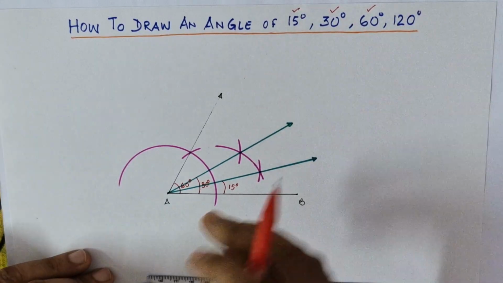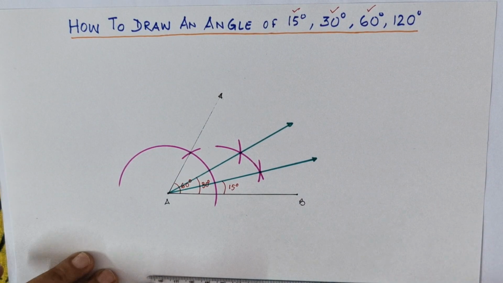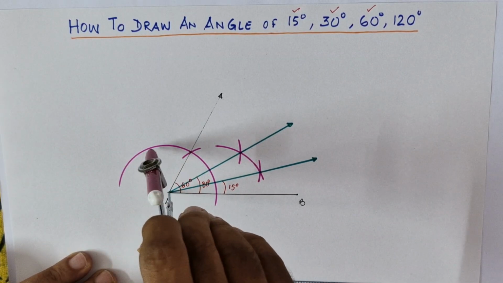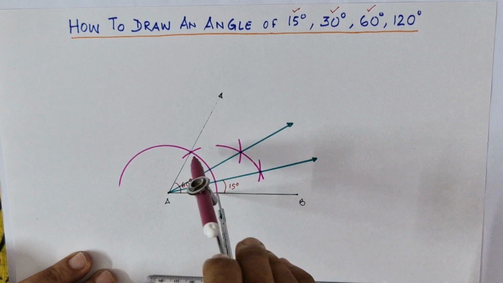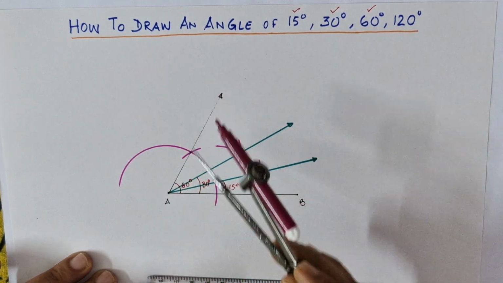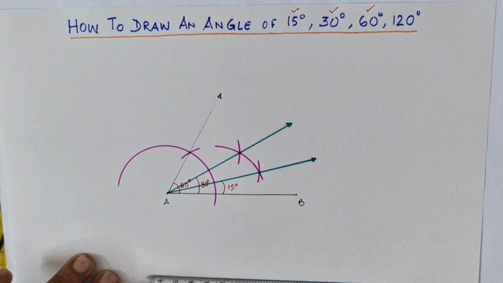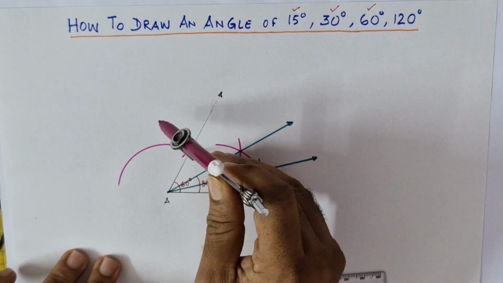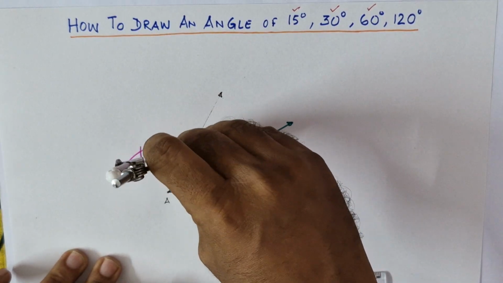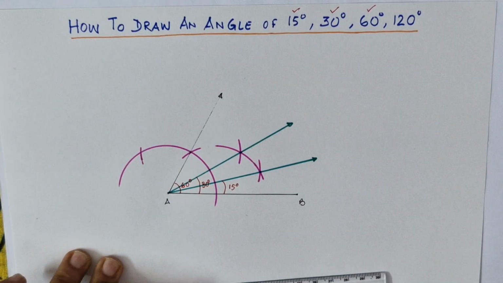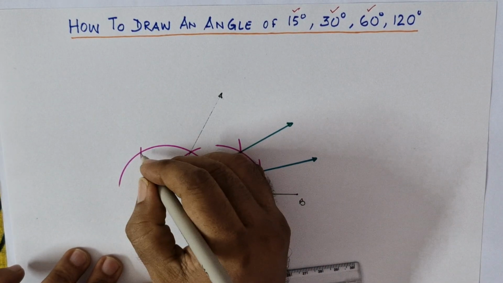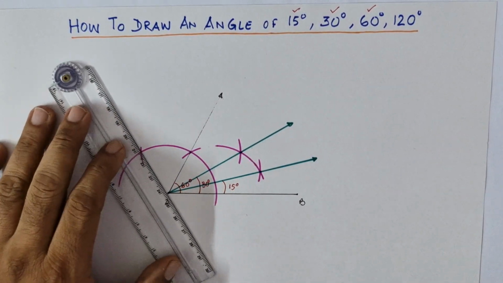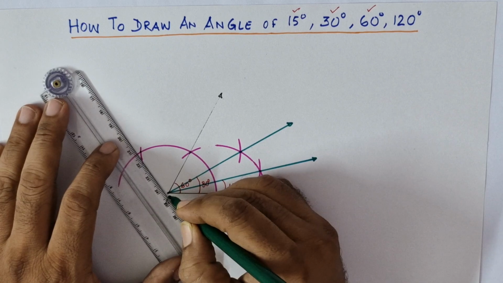Now how to draw 120? Now see, I haven't changed the radius, right? So what we have done previously, we have drawn this arc and with this as center, we have drawn this one and we have joined this point to get 60, right? So without changing the radius and with this as the center point, draw another arc cutting the first arc. Now mark this intersection point. Now if you join this one and this one,